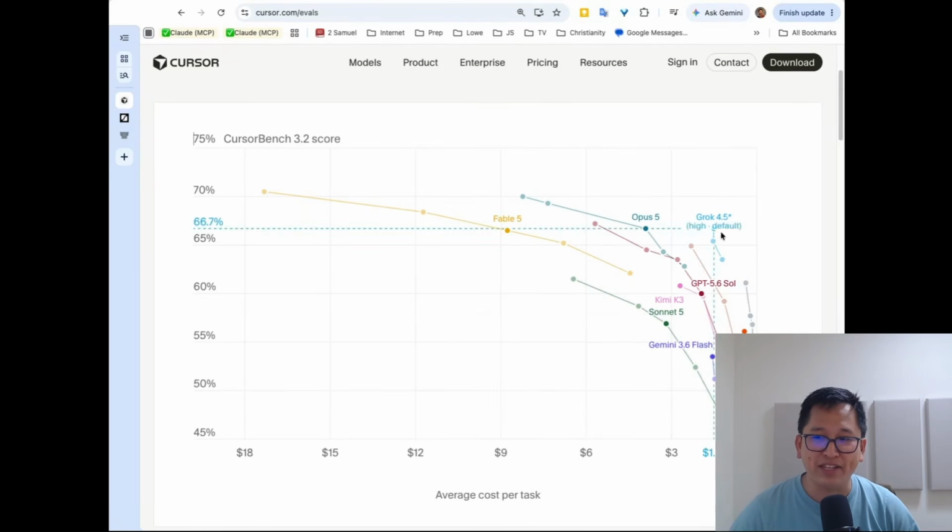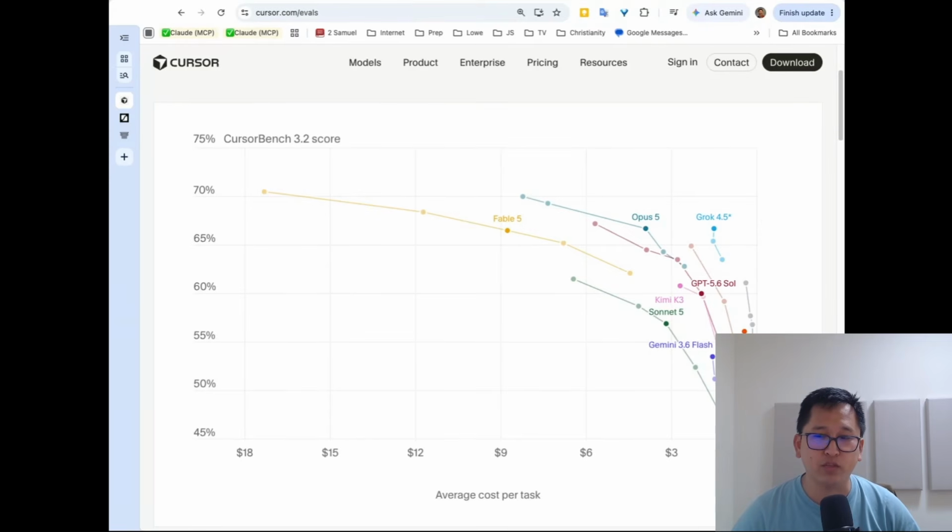So maybe not surprisingly, the top right is what they call the Pareto frontier. The Pareto curve is Grok 4.5, which is the model Cursor is, I think, getting merged into, acquired by SpaceXAI. And they've co-developed a model called Grok 4.5. And it really is a good price performance. The score is getting very close to the frontier models, but at a much cheaper cost. And what's good to highlight here is you can see Opus right here. It's $3.91, basically the same performance as Grok. So you get a huge price difference, even though you're getting very similar